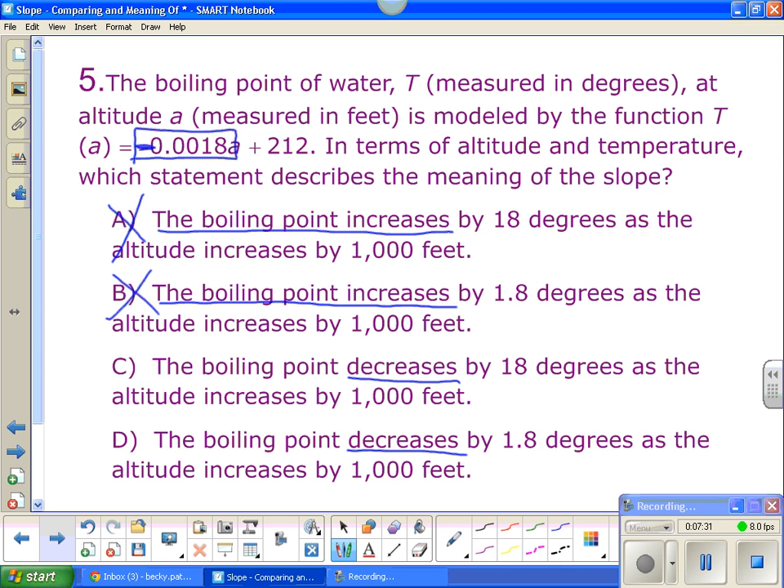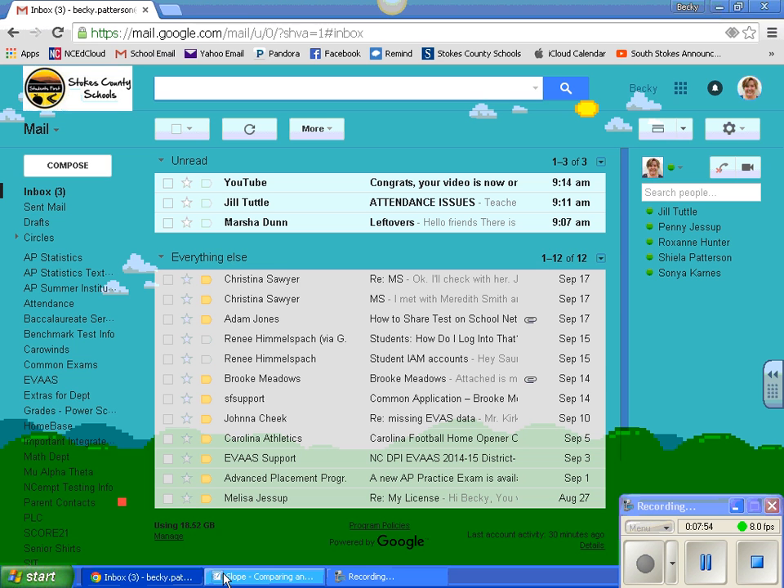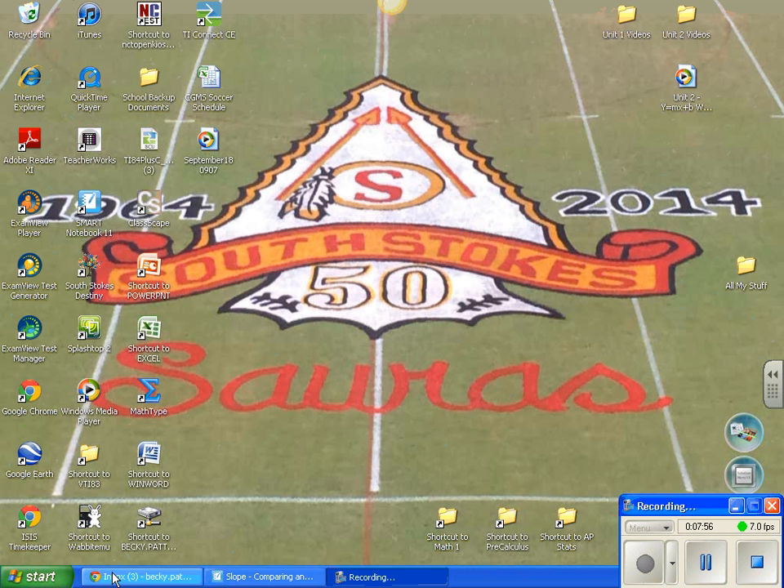But then look at what they've done here. They've made this just a little bit tricky. It says 18 degrees per 1,000 feet. And this one says 1.8 degrees per 1,000 feet. Well, we have 0.0018. So how do we know if that's 18 per 1,000 or 1.8 per 1,000? Well, if you'll take your calculator,